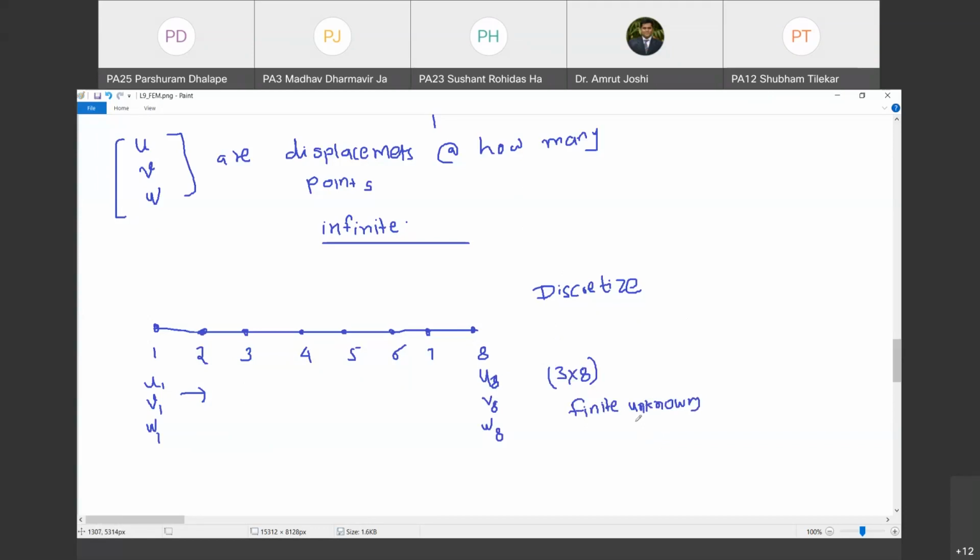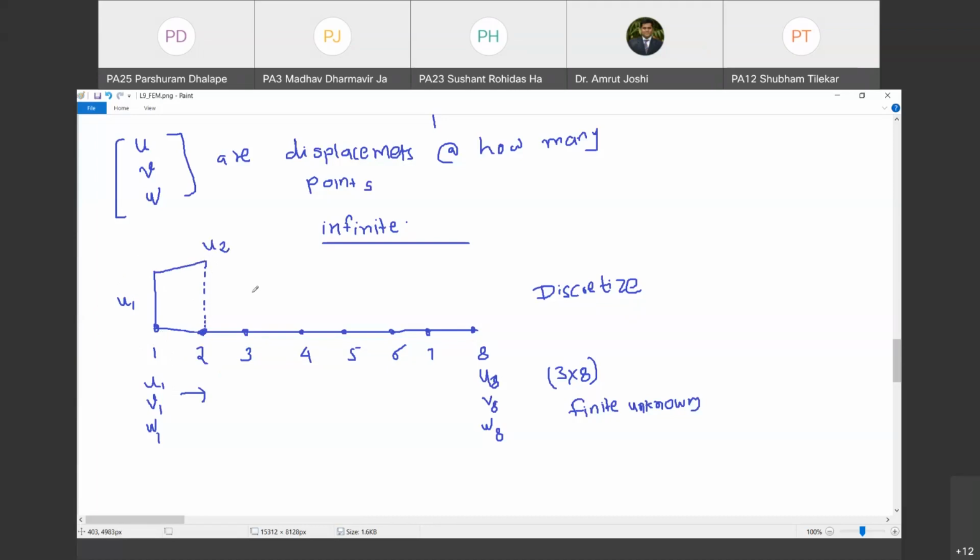Yes. Then what happens to the displacements between these 2 points? What I am going to do is interpolate. Let us say u1 is the displacement at 1. Let me plot x directional displacement on the y axis. So if this is u1, and let us say the displacement in x direction at 2 is u2. Mind you, all these displacements are in x direction because I am writing them as u1 and u2. So in between 1 and 2, I am going to interpolate.